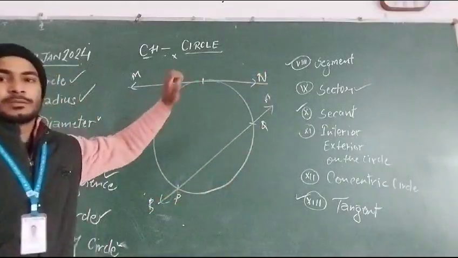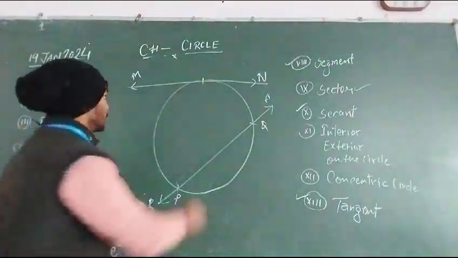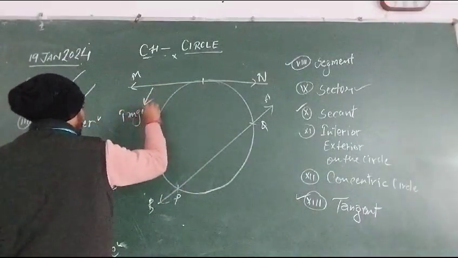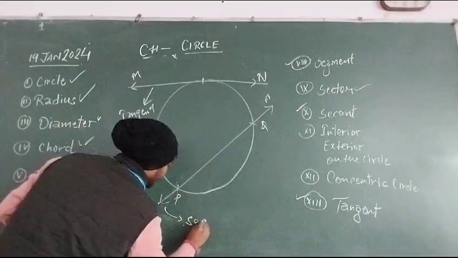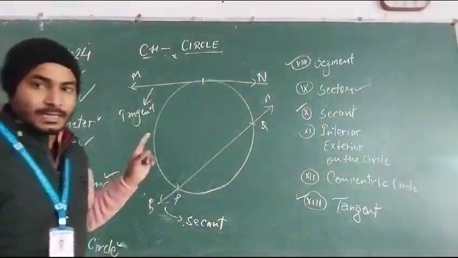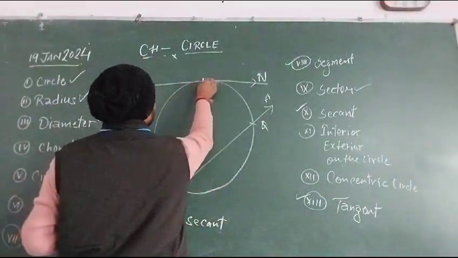Line MN, a line that touches the circle at 1 point, is called the tangent. So this is tangent and this is secant. So the line that touches the circle at 1 point is called the tangent, and the point where the line touches, यहाँ पे टच कर रही है ना